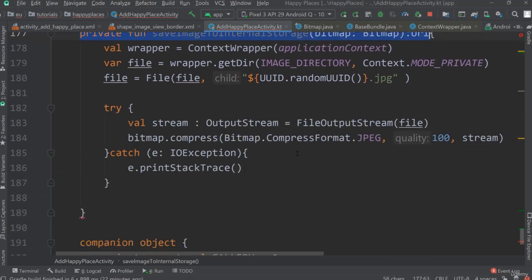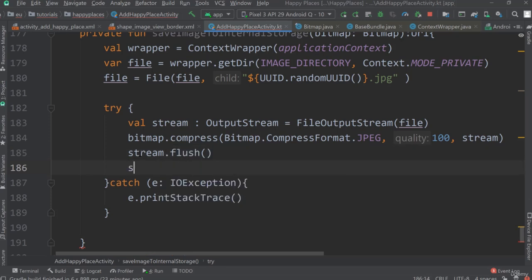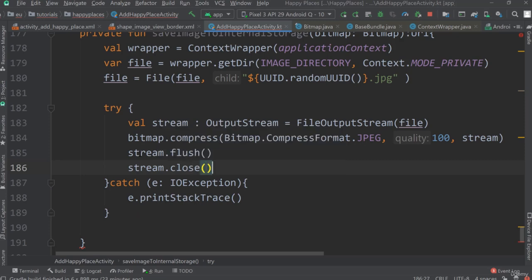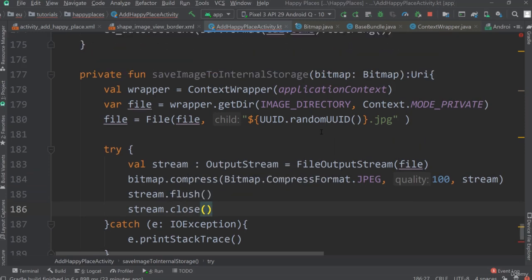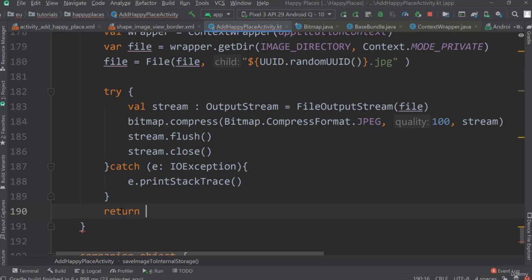Okay, that's not it. We still need to add some more here. For example, we should flush the stream once we're done compressing. So flush it and then close the stream. So stream.close. Now the method itself is of course still not happy, because as you can see here, it's expecting a URI to be returned. So now we of course need to return a URI.parse